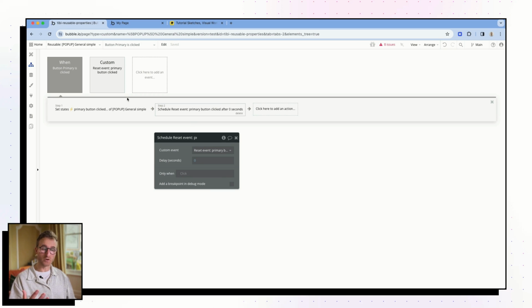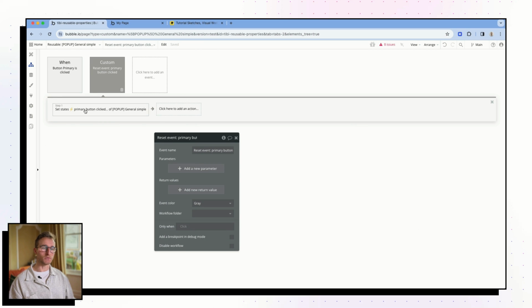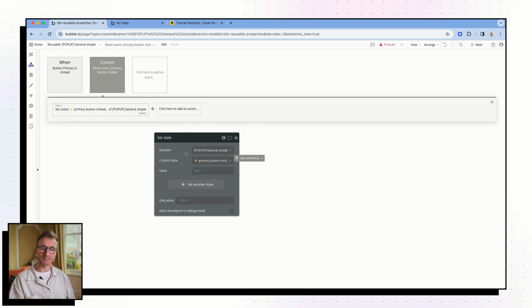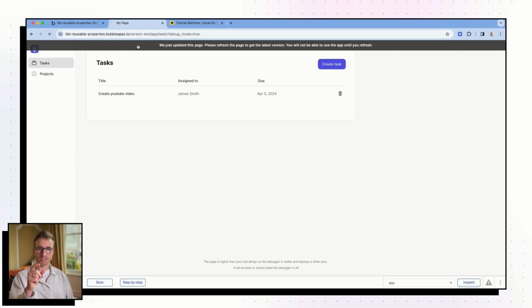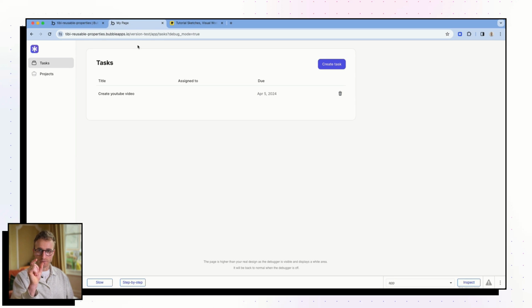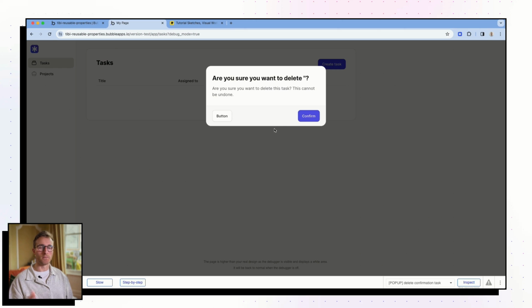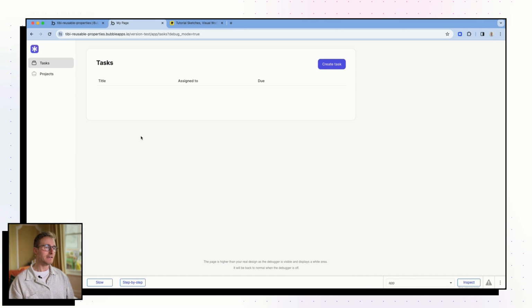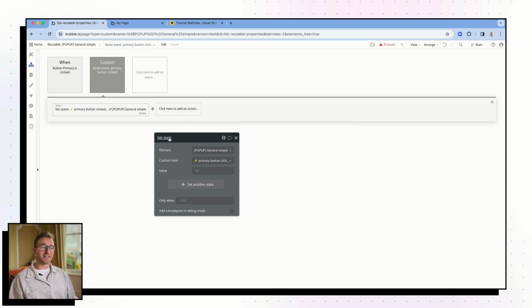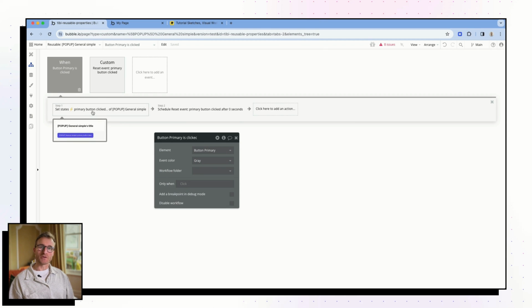And this will basically force Bubble to do the schedule action, and it does it in such a way that the page can actually detect that little yes, no switch, right? Or rather the no, yes, no, yes, no, yes. So if I go and I delete this, create YouTube video, boom, right? It's gone underneath, okay? Now, like I said, this should be supported natively, right?